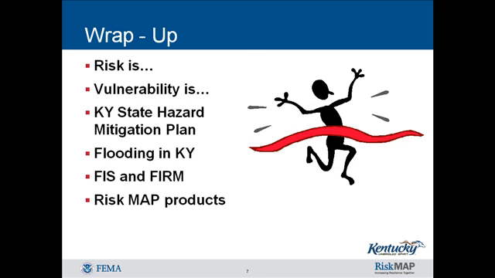The takeaway lessons we hope you will retain are: risk is the potential for an undesirable outcome which can possibly be avoided or mitigated. Vulnerability is the susceptibility to a risk. Kentucky's State Hazard Mitigation Plan has identified 13 hazards or risks, one of which is flooding. Flooding occurs annually in Kentucky's 13 major drainage basins, with 300 communities having identified flood-prone areas. FEMA conducts flood insurance studies to identify risk of flooding and maps this data on a flood insurance rate map. Flood insurance rate maps provide official depictions of flood hazards for each community so citizens can make informed decisions about protecting their property.